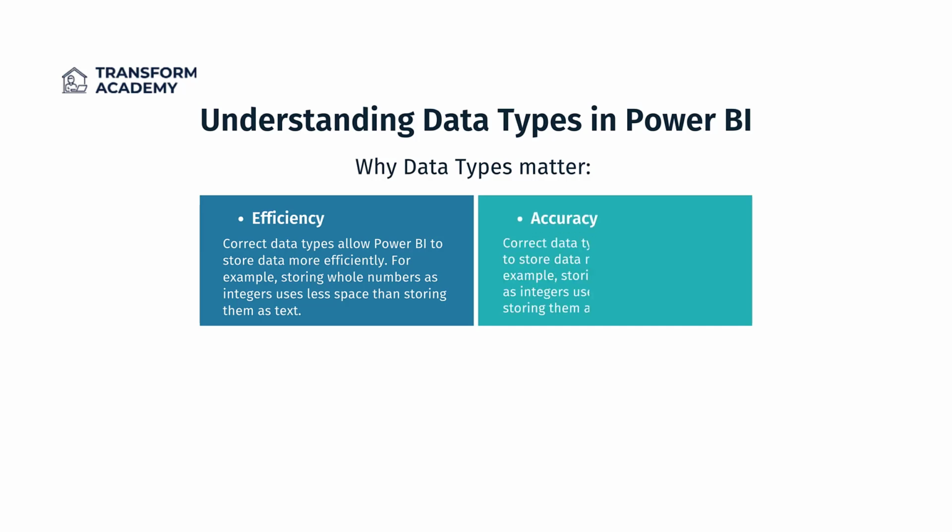Accuracy. Using the right type prevents errors in calculation. For instance, trying to perform mathematical operations on a column mistakenly identified as text will fail. Using decimal number for currency can sometimes lead to tiny rounding inaccuracies in complex calculations due to how floating point numbers are stored. Fixed decimal numbers